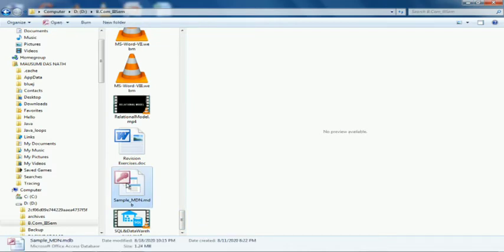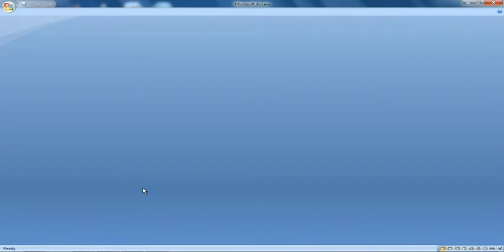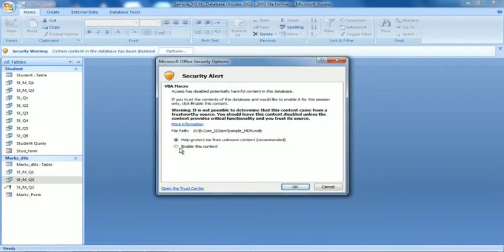Now I am opening the file sample_.mdn. Here only I am going to show, because we have already saved our work here. One thing to remember: when it pops up on your screen that certain content in the database has been disabled, click on options and then enable the content.